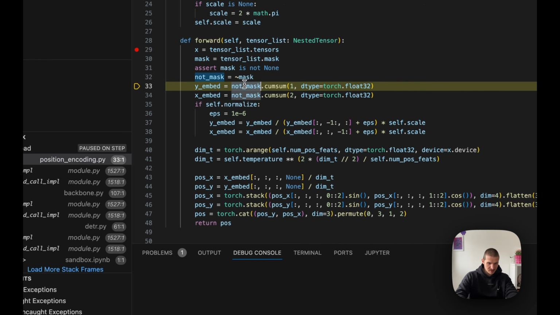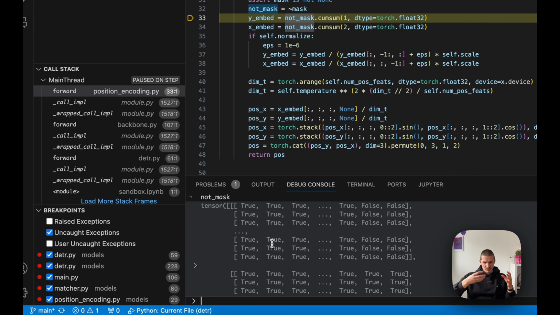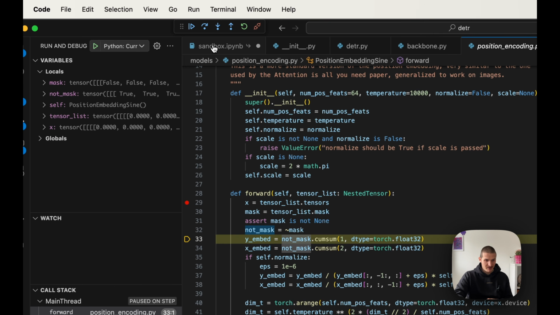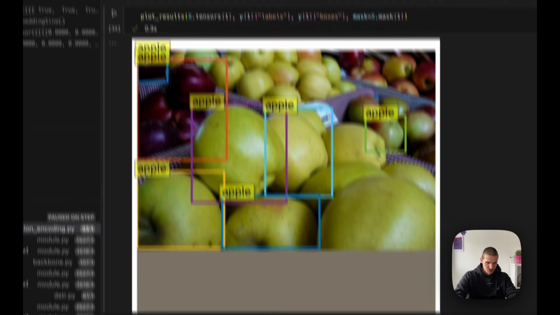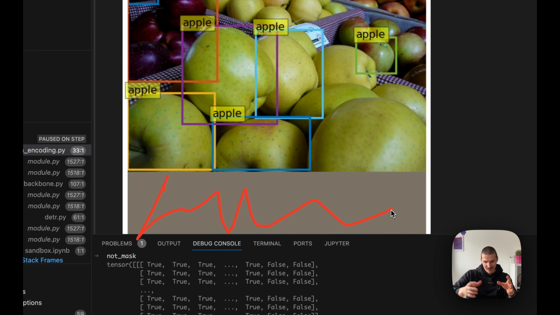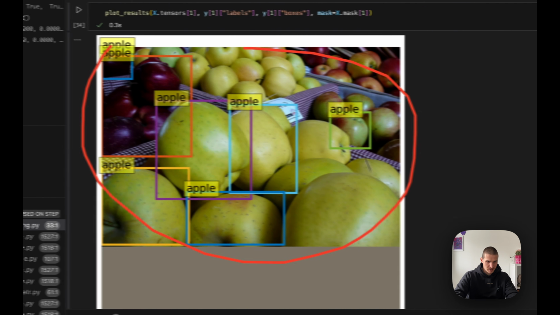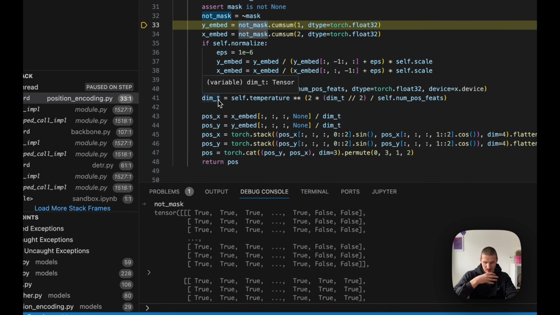So the not mask is the inverse of the mask. The mask was an object of false and true values, where false stands for the real part of the image and true stands for the gray area that we added. So let's scroll down here. We have an image, and down below it is basically padded with zeros, and we are not really interested in positional encodings for this part. And this is the real image. So for the not mask, it's in reverse. It now stands true for the real image and false for